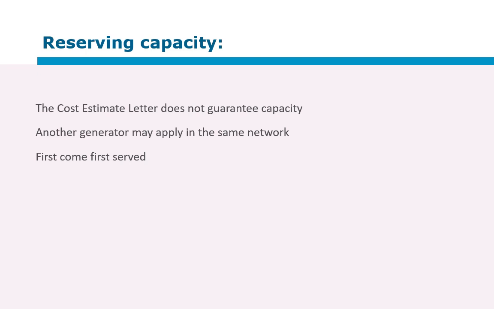Eskom has severe network constraints, so they have changed this to a first ready first served principle, where the generator has to show that it's got all relevant authorizations, everything is in place before the budget quote would even be considered. Now, this would also depend on the philosophy that the municipality applies, and in the case of Eskom, because of the number of applications in specific areas, the first ready first served principle makes sense, even though it's very contentious. But in a municipality,